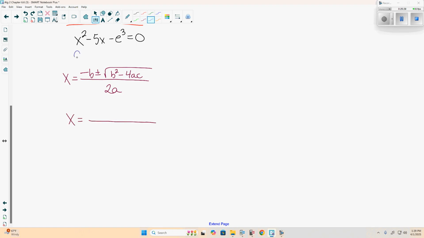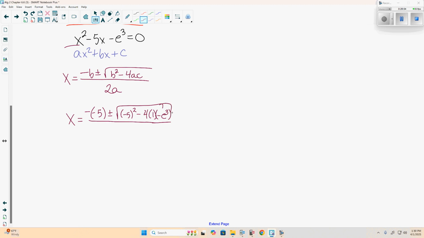And this is matching up to our ax squared plus bx plus c. So the first thing we have is negative b. Well, our b value is 5. Plus or minus the square root of b squared, so we have negative 5 squared, minus 4 times our a. Well, a is the number in front of x squared, which is 1. And c